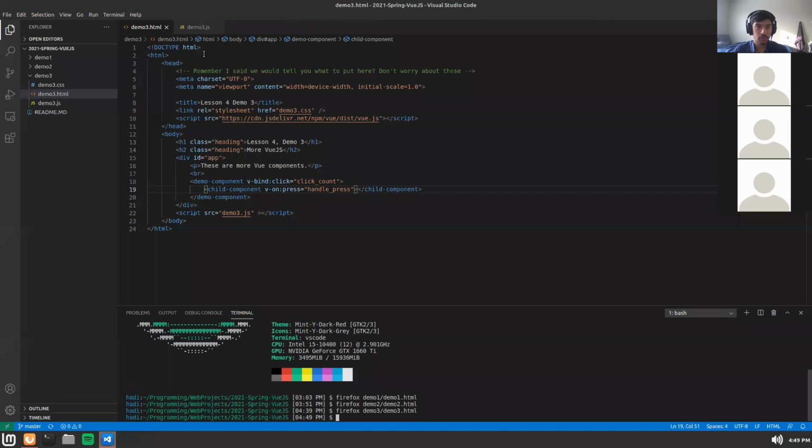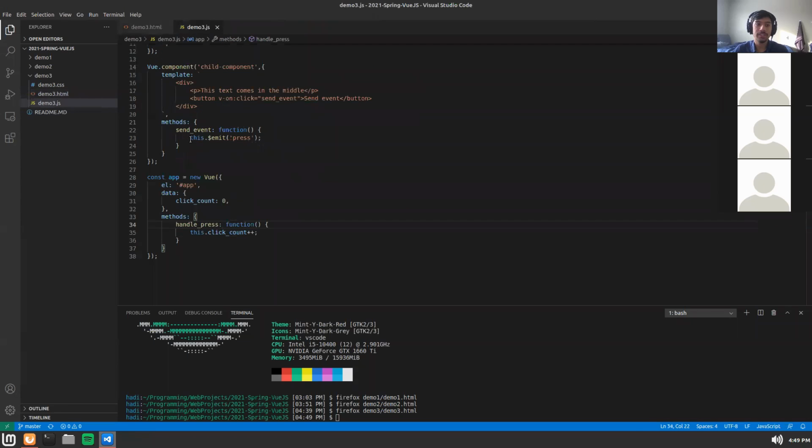Totally. So yeah, it's a bit weird, but all emit does is emit or raise, the proper terminology, a custom event. If you remember the v-on click, that was to handle the click event. By default, JavaScript only defines a few events, click, and also keyboard presses. But oftentimes we want to raise other events to do more complicated actions that don't necessarily involve a button. So we can use custom events, emit in this case, to raise and tell Vue,